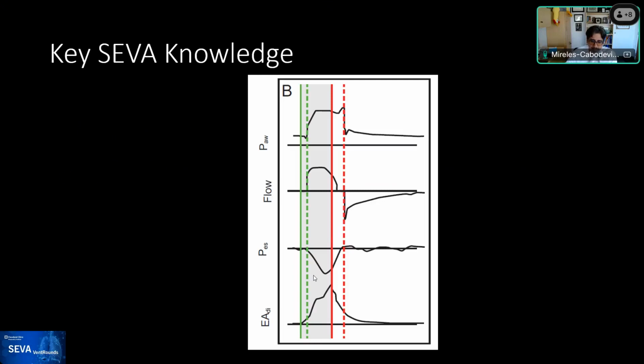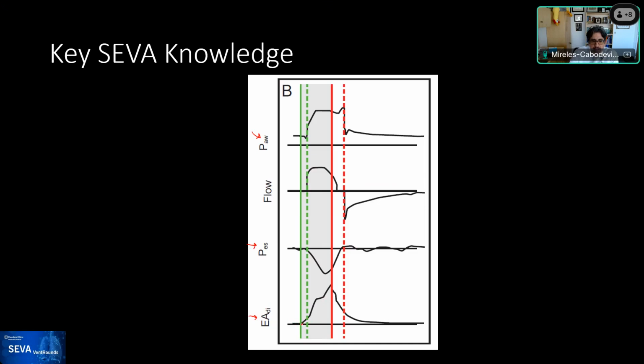with some key SEVA knowledge. And in this graph that I'm showing here is a cartoon that represents the airway pressure on the top panel, followed by the flow, the esophageal pressure, and this one also includes the electrical activity of the diaphragm. And the reason why we put this is because you can see, and I would ask you to start from looking all the way at the bottom of the graph and then move up. And as you start looking from the bottom of the graph, you can see that the electrical activity of the diaphragm rises, and as it starts